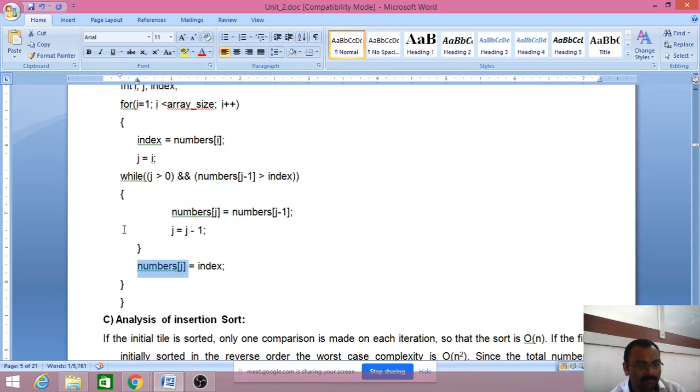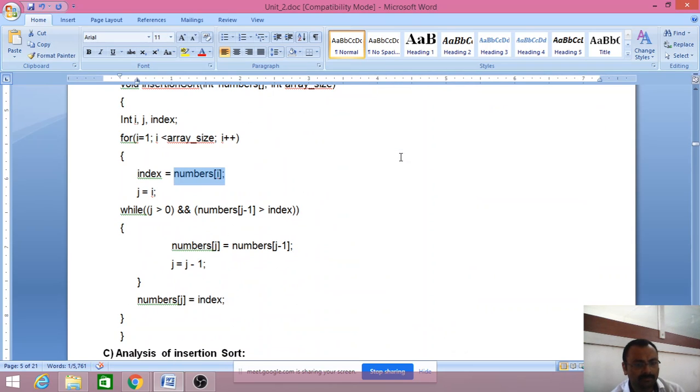Then the value of i is incremented by 1. The value of i is 2, and 2 is less than array_size, yes, the condition is true. Then once again we start: index = numbers[i]. The value of i is 2, and numbers[2] is 29. j = i, so j is also 2, and j is greater than 0, yes, the condition is true.